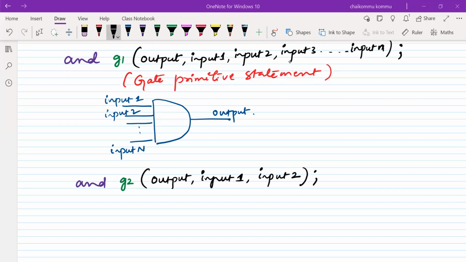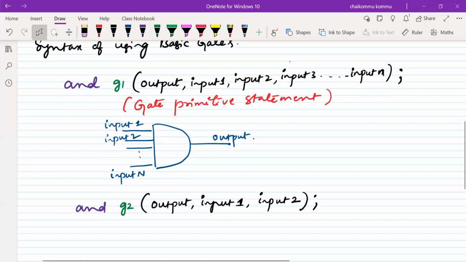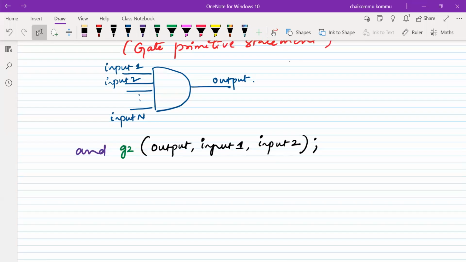Clear? So these are the primitives that we have. This is how we have to use the primitive statements in Verilog HDL. Is it clear to all of you? Instead of the AND gate, you can use OR gate, XOR gate, XNOR gate. So many things that we can use. But if you want to describe a circuit in gate level modeling, these are the gate primitive statements that